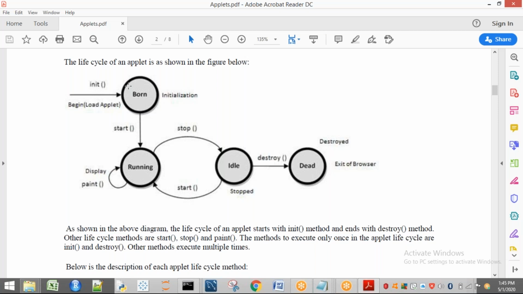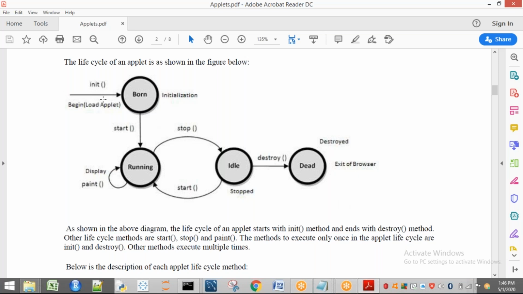Okay, now see, what are the methods that we use while executing the thread life cycle? There, if you want to move from newborn state to runnable state, one method is there. From runnable state to running state, one method is there. For waiting state, we have the wait method. Next, the sleep method, many methods are there. In the same way here, to move from one state to another state, we have some methods.